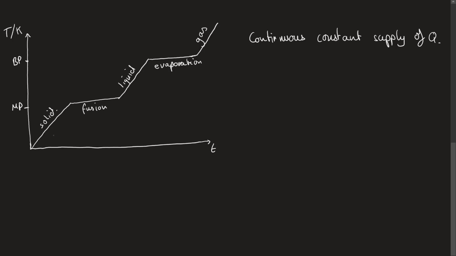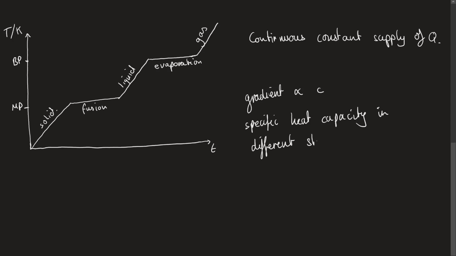But actually what's more interesting is the gradient of these things. Now, this graph doesn't show it to be specifically true, but what you can form from graphs like this is that the gradient at each point is proportional to the specific heat capacity. Now, obviously my graph is just a rough sketch, but we find that actually the specific heat capacity in different phases is different, or different states is different, even for the same